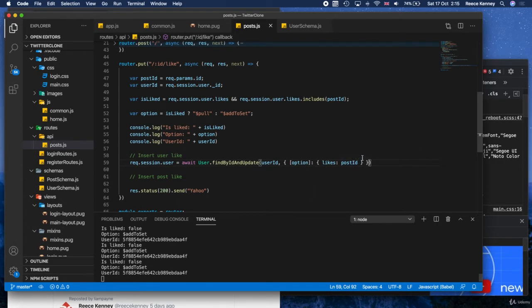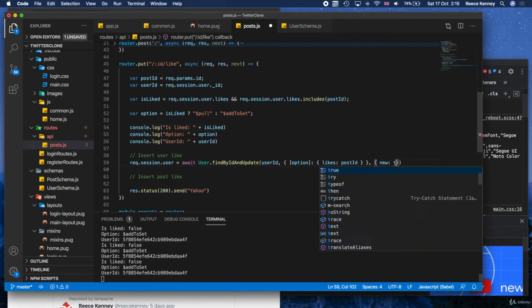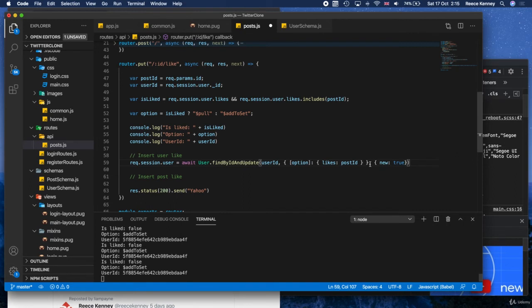So what we need to do is tell it to give us back the new user, the newly updated user. And the way we do that is by, after the last curly bracket, we're going to add a new object, and these are just the options for the call. And all we're going to do is specify new: true. And by saying this, it will make sure that findByIdAndUpdate will update the value and give us back the newly updated document, okay? So now, this will give us back the newly updated user and we'll store it in the session. So that should work. The last thing we're going to do is just add a catch block. We'll just say .catch, just in case things go wrong.